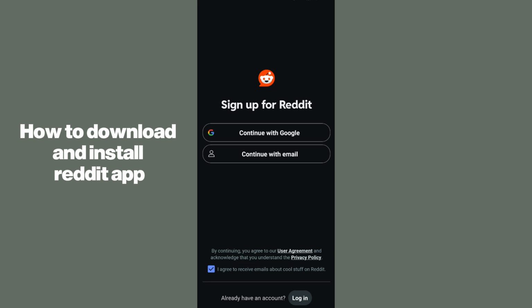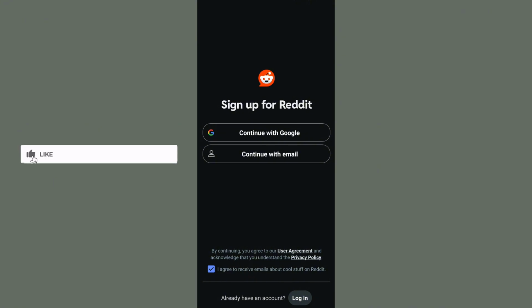And in this way, you can easily download and install the Reddit application and use Reddit on your mobile